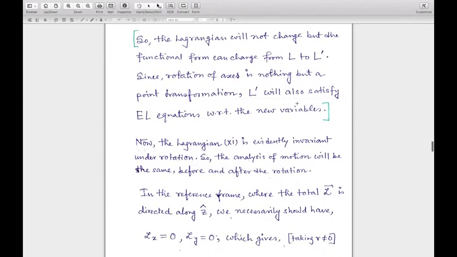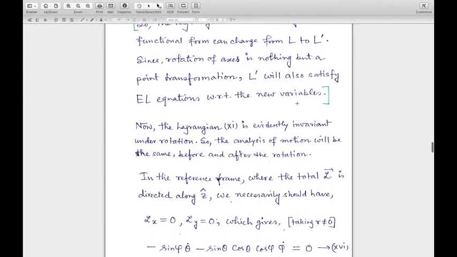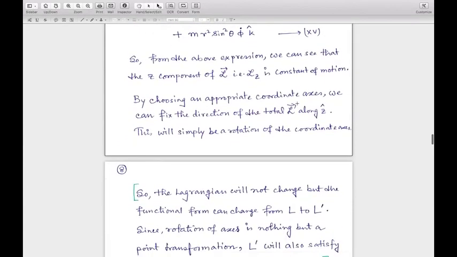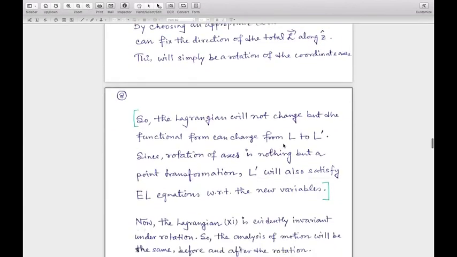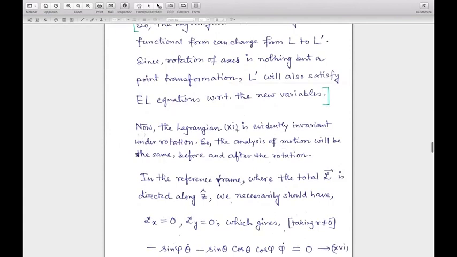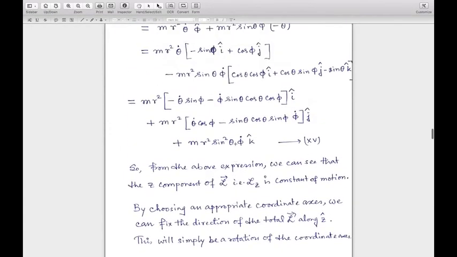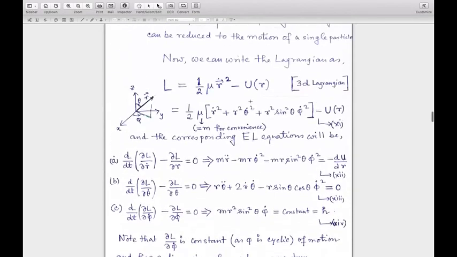But that is something to just tell you. Now coming to our previous question, that under the rotation, will the Lagrangian be invariant? Well, the Lagrangian in 11 is evidently invariant under rotation. Why? Because if you just see this form,